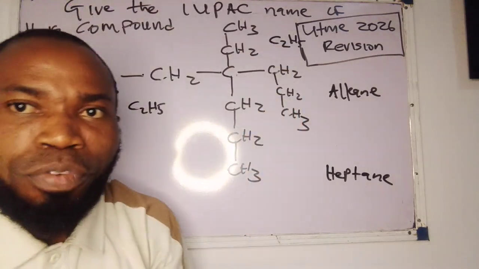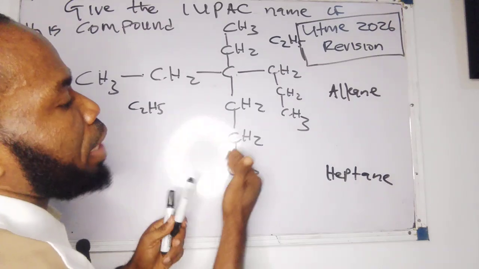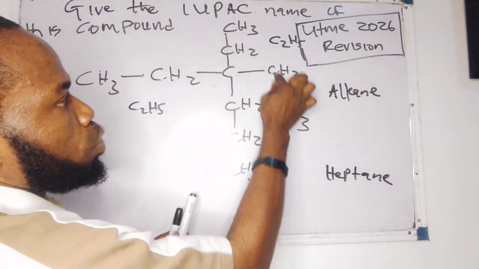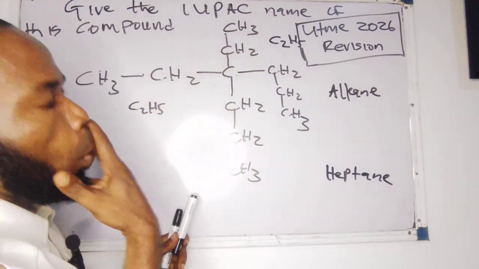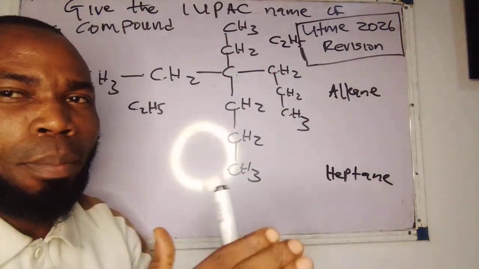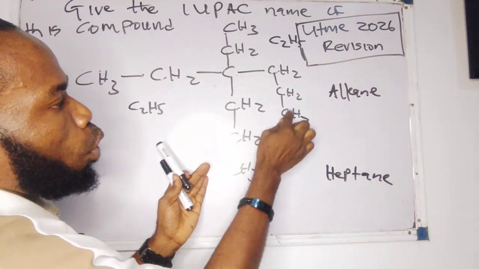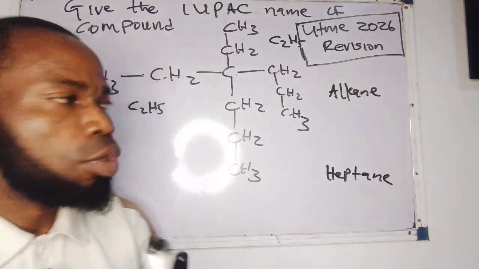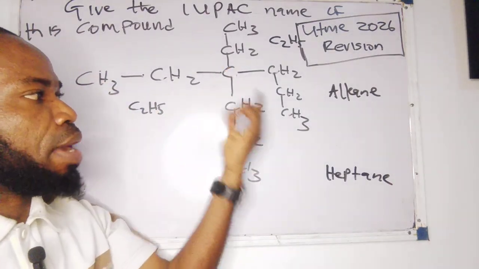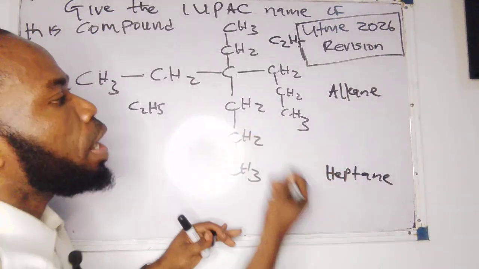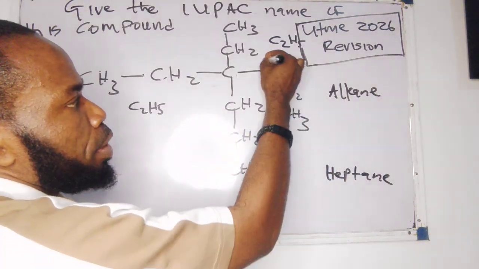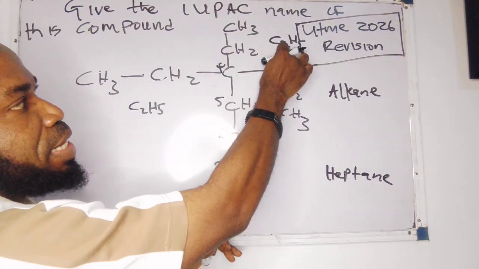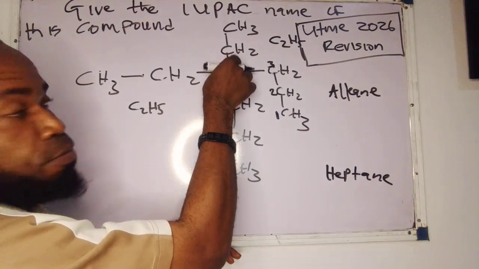Now this is the right time for me to number the carbon atoms. So where will I start my numbering from? 1, 2, 3, 4, I got to a substituent. 1, 2, 3, 4, I got to a substituent. Now which is closer to the substituent? I can go from anywhere. I can either say 1, 2, 3, 4 or 1, 2, 3, 4. You number from where it's closer to the substituent, but look at the route. I can take any route. So I can decide to go through this area: 1, 2, 3, 4, 5, 6, 7. That means my substituent, which is ethyl, is on carbon number 4.